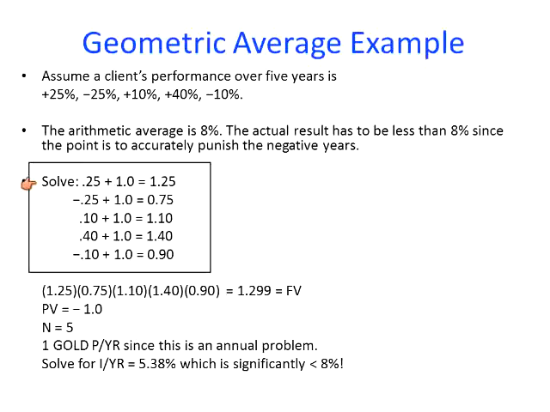The bottom line is, see this number right here? That 1.299. If you take 10,000 and multiply it times 1.299, you'll come up with $12,990. Okay, because what that is, it's a summation of all the returns at the end of a period of time. If we took that 1.299,